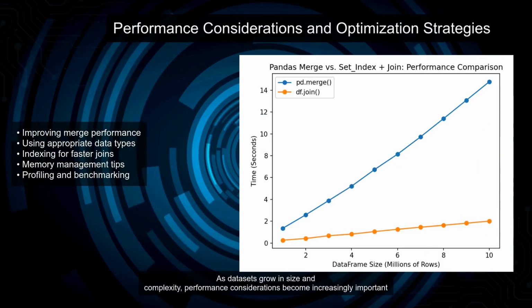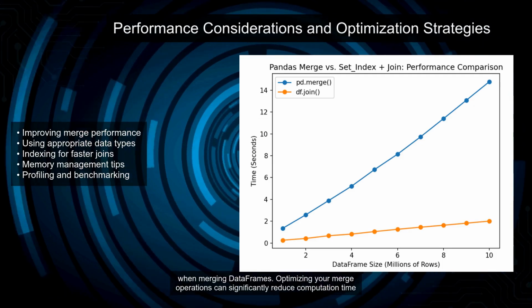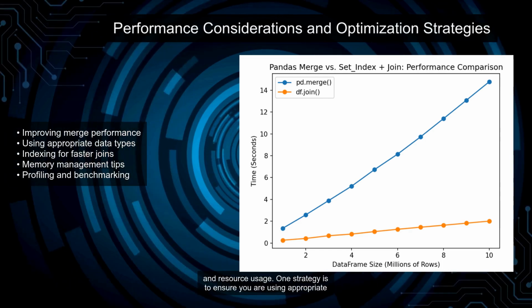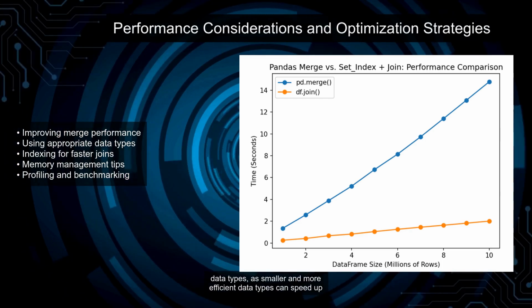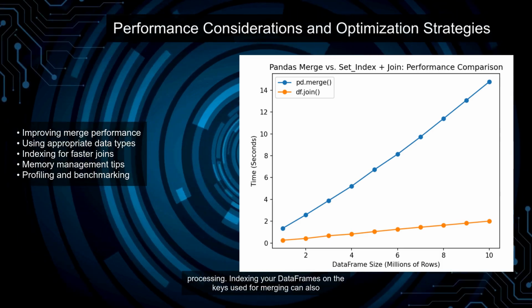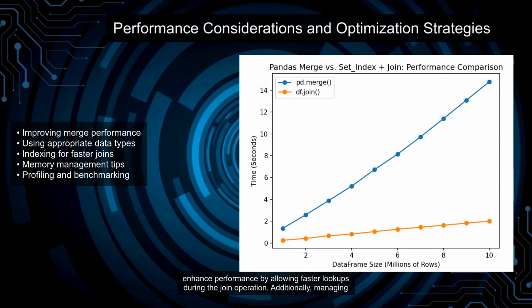As datasets grow in size and complexity, performance considerations become increasingly important when merging data frames. Optimizing your merge operations can significantly reduce computation time and resource usage. One strategy is to ensure you are using appropriate data types, as smaller and more efficient data types can speed up processing. Indexing your data frames on the keys used for merging can also enhance performance by allowing faster lookups